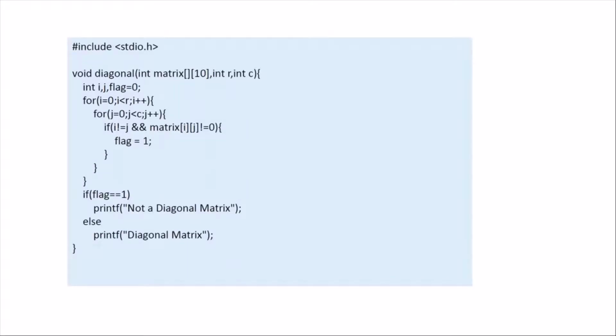This is the function diagonal for checking whether the matrix is a diagonal matrix or not. We first initialize a flag variable as 0. We need to go through each element other than the diagonal elements and check whether they are 0 or not. So we need to avoid the diagonal elements, so i must not be equal to j,